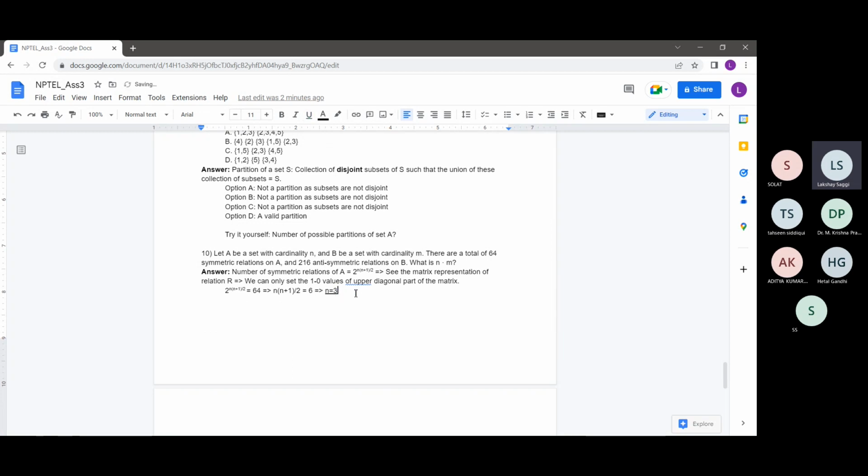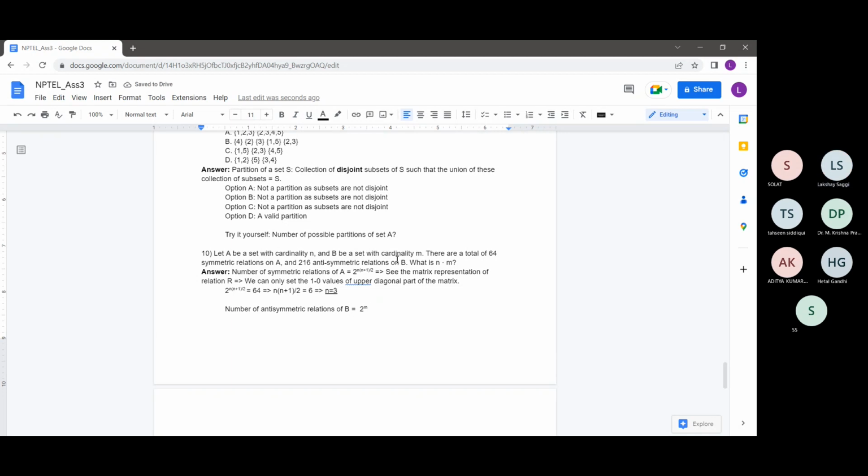So basically, we had found out the value of n using the formula for the number of symmetric relations on A. And similarly, you must have seen in lectures, you can find the formula for the number of antisymmetric relations. So the number of antisymmetric relations of B, where the cardinality of B is M, is given by the formula 2 raised to the power M